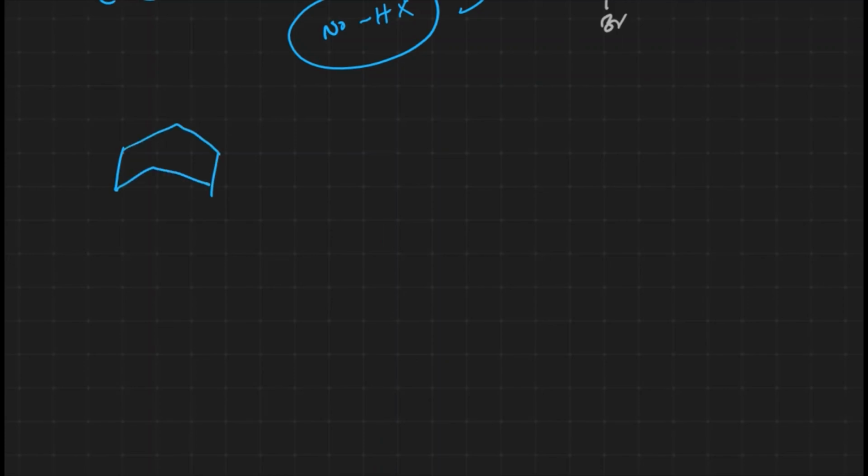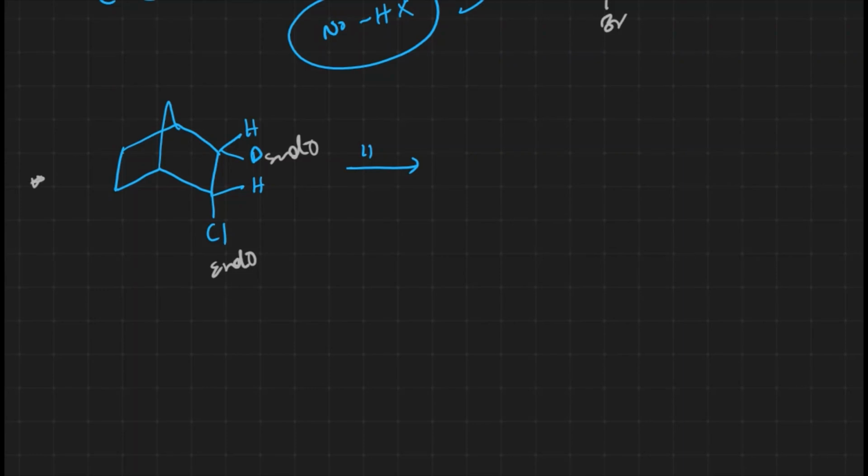Syn coplanar elimination takes place. Syn coplanar, exo or endo elimination takes place, right? Let me take hydrogen and deuterium. Let me take hydrogen and chlorine. Now let me take the same reagent for the dehydrohalogenation. Now this is endo, right? What is the elimination here? Syn coplanar, right? Meaning endo elimination takes place, meaning these two groups will be eliminated and formation of an alkene takes place, something like this.